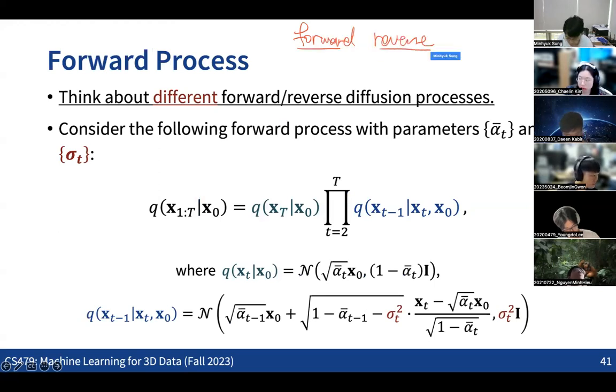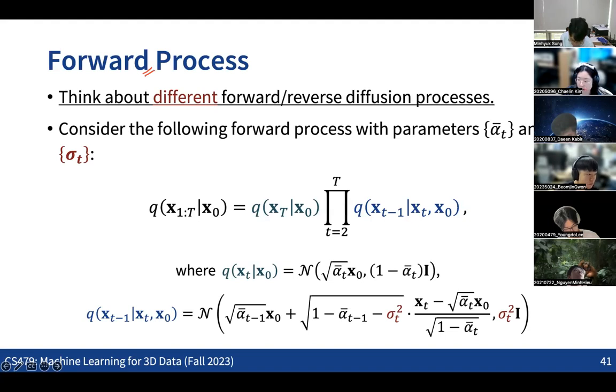That was the case where we model both the forward and the reverse processes as a Markov chain, right? x_t only depends on x_{t-1}. It is a sequential process in terms of how we map x_0 to x_T and also the other way around. And here in the DDIM framework, we're going to see slightly different forward and reverse processes. We are changing them, not making big changes, but making small changes.